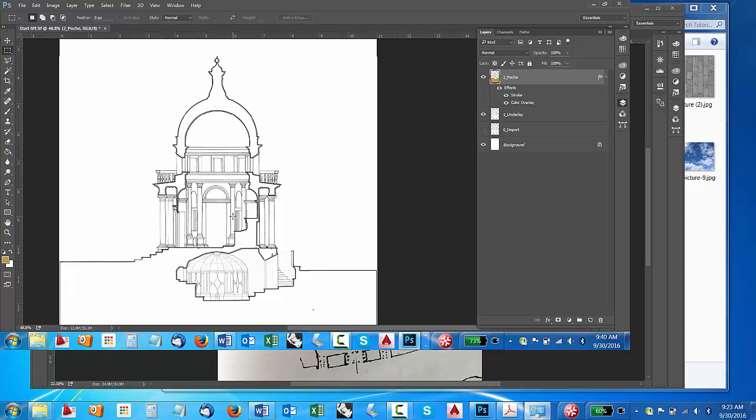So then I can deselect all that. The next thing I'm going to do is bring in an image. I'm going to show some depth with these doorways here. So I'm going to make a new layer, call that door, and I'm going to use the selection tool again,